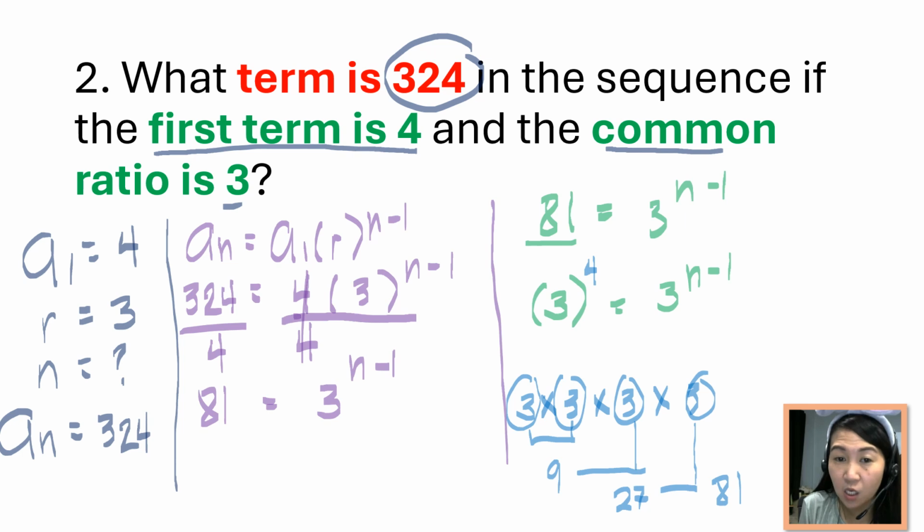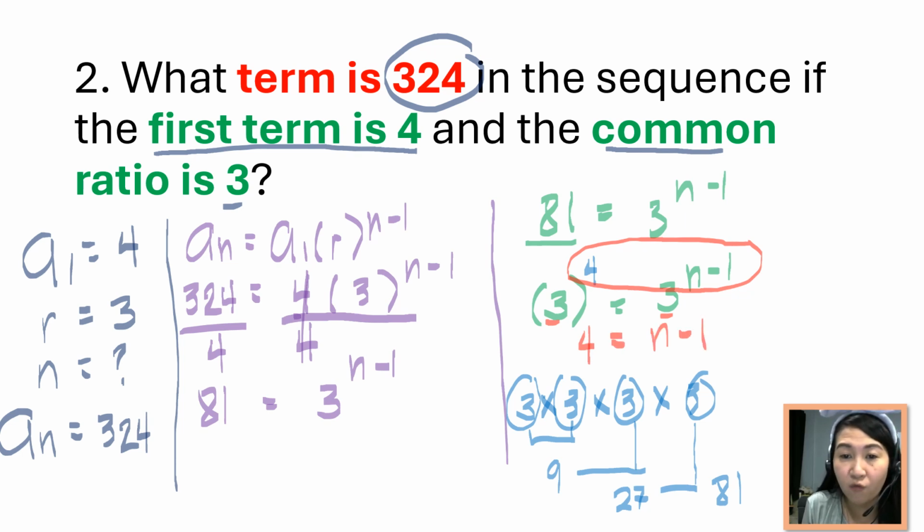Okay? Again, ang naging goal natin dito, dapat parehas yung kanilang base. At pag parehas ang kanilang base, kunin mo na yung kanilang exponent. You have to equate their exponents. So, ano exponent nung nasa left side? That is 4. Exponent nung nasa right side is n minus 1. So, to solve for n, we can transpose it to the other side of the equation. So, from minus 1, magiging plus 1.